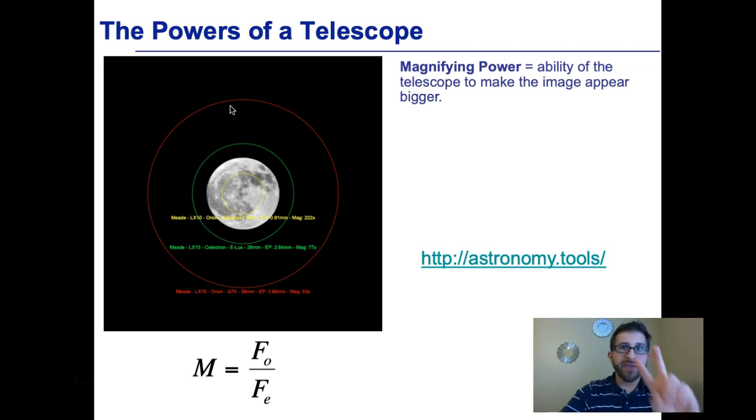Now, a second power of telescopes is its magnifying power. Oftentimes, people have this unfounded idea that telescopes are important as magnifiers. Although they do magnify, it's not their primary function. Their primary function is to collect light and resolve it into a clear image. Magnifying power may be necessary on some objects,